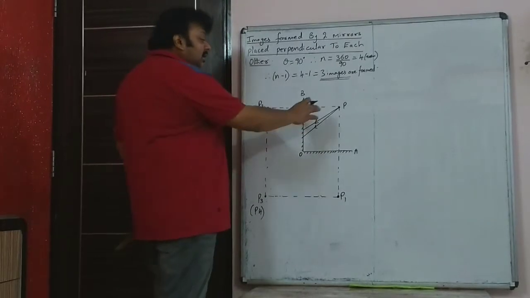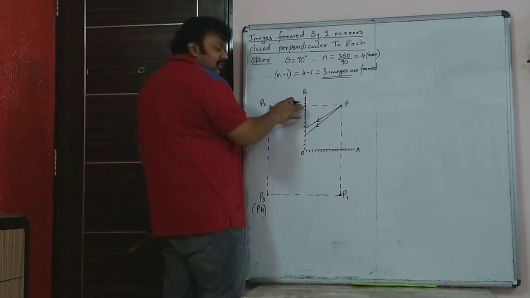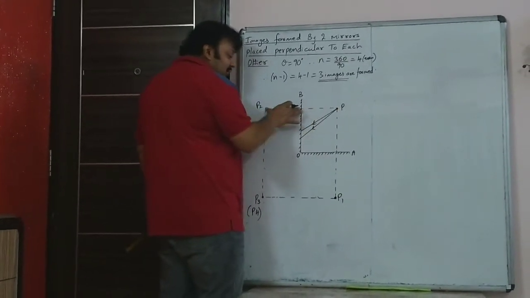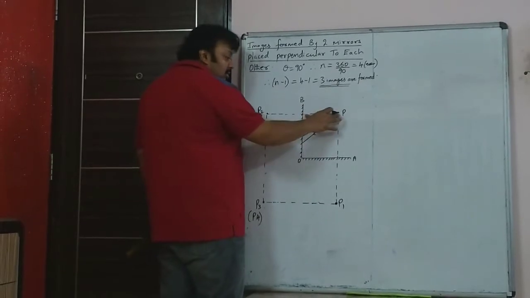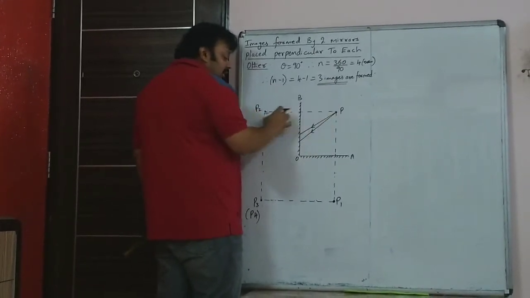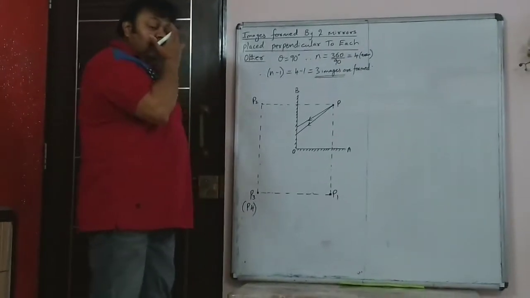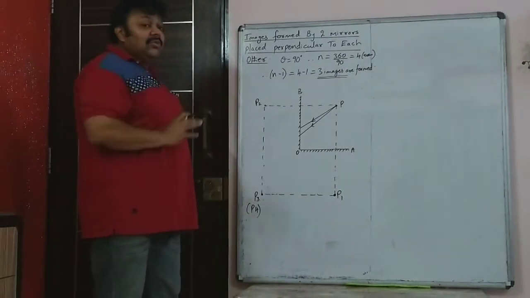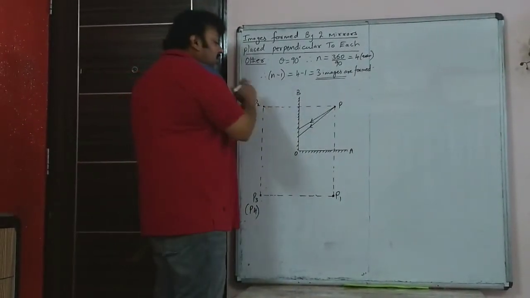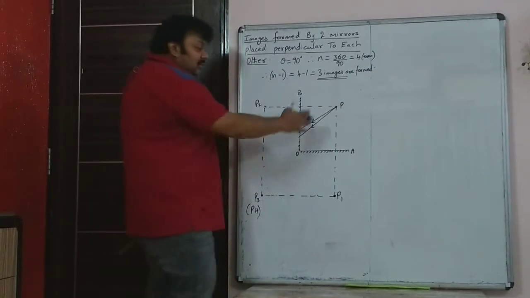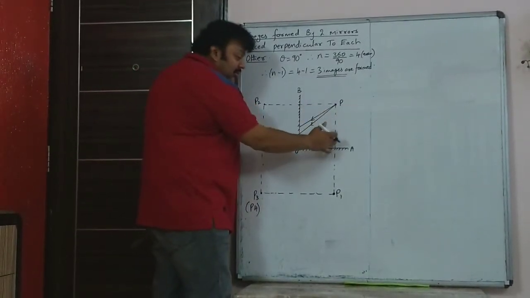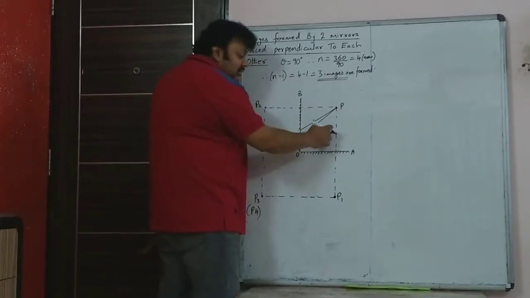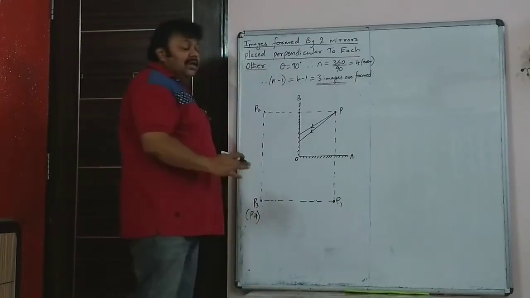So this you had already done. Object distance is equal to image distance. You will be taking exactly the same measurements, and on this horizontal line, whatever is the distance from P to the mirror, the same will be the distance from P2 to the mirror. And when you draw these diagrams, you have to use a ruler and pencil, and the measurement should be accurately taken, like this distance should be same. Similarly, the distance from P to the mirror OA, and from P1 to the mirror OA, this and this should be exactly same.